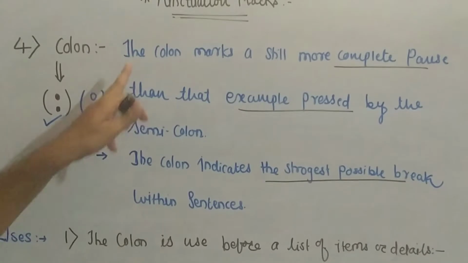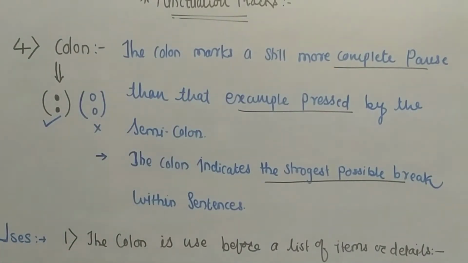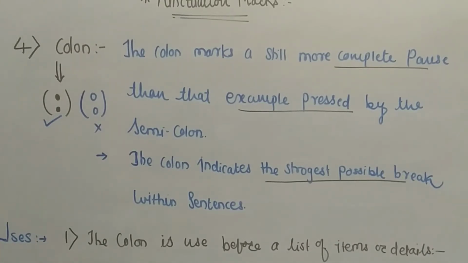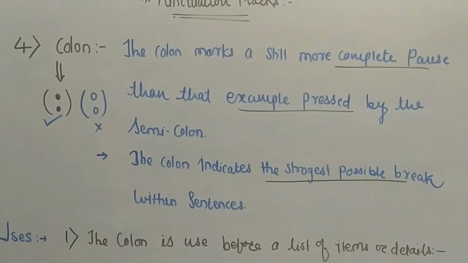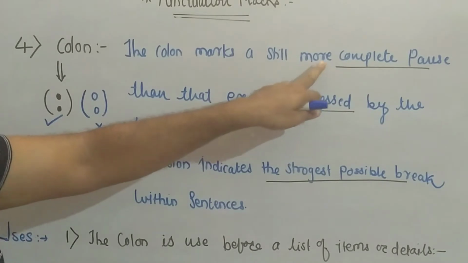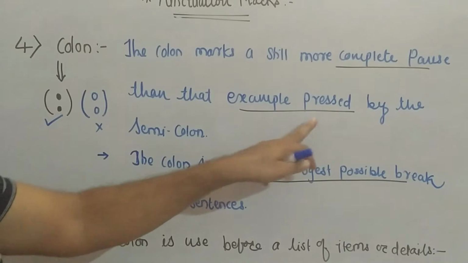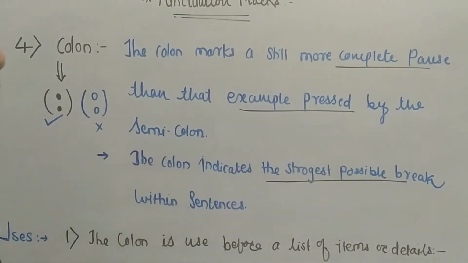Now see, the colon marks a still more complete pause. When we read, at that time we give a proper pause, a complete pause. Then after that you start reading the second part of the sentence. That's why it gives a more complete pause than that indicated by the semicolon. So we use the colon after the strongest